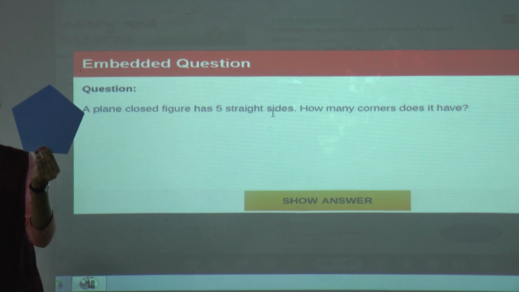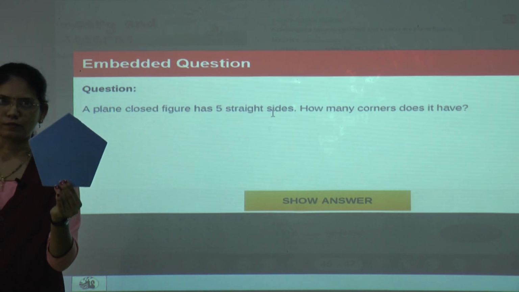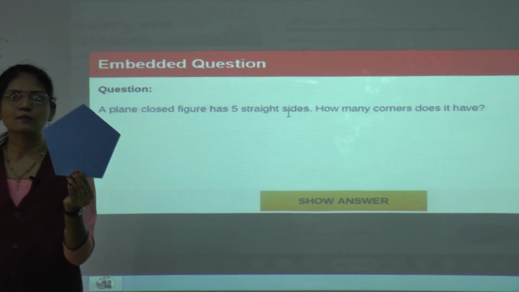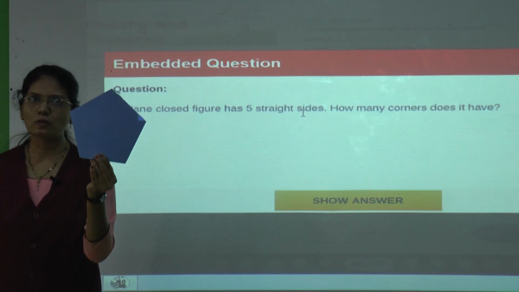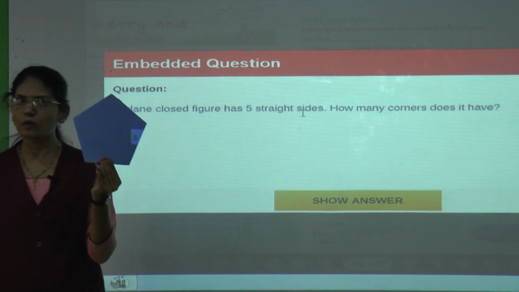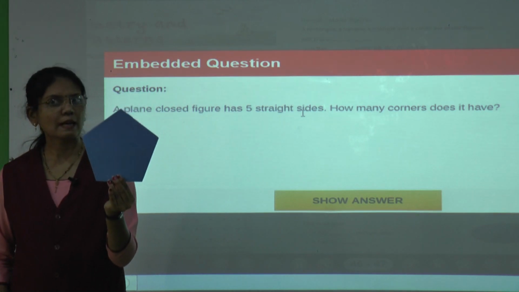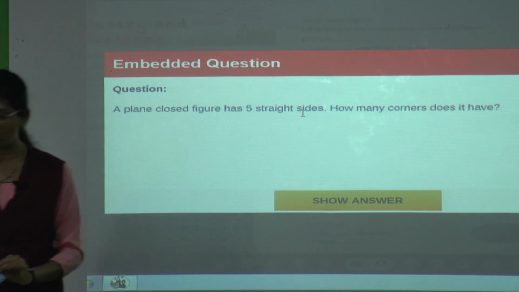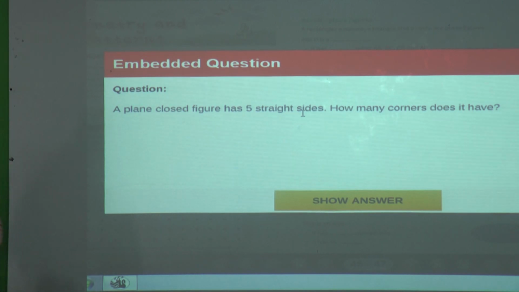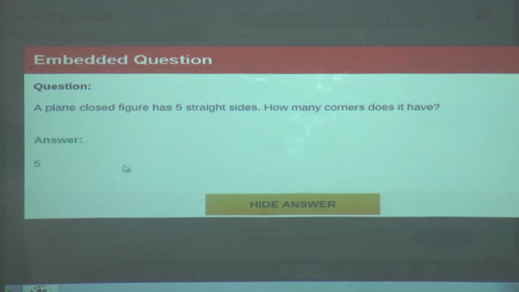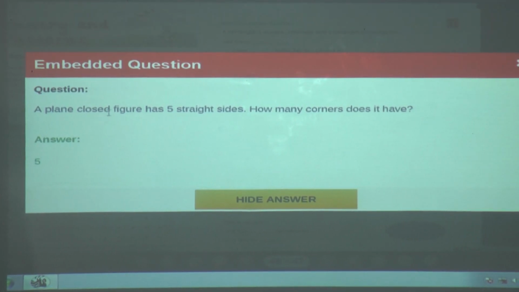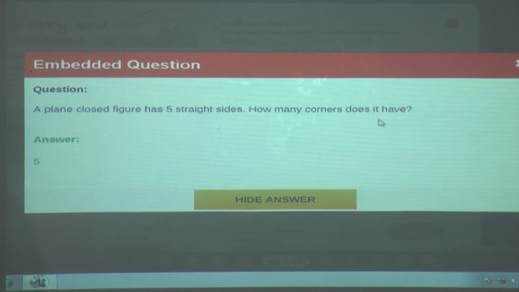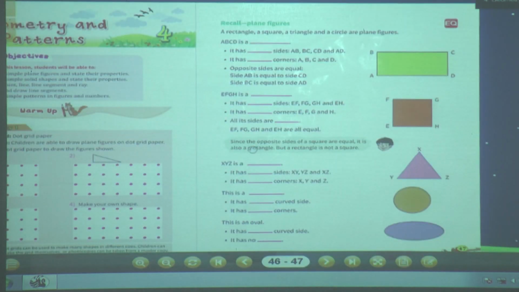So this shape is called a pentagon. Penta means what? 5. It has 5 straight sides and it has 5 corners. So its name is pentagon. Okay. Now let us check our answer. Yes, our answer is correct. A plain closed figure has 5 straight sides and it also has 5 corners. Okay. Then